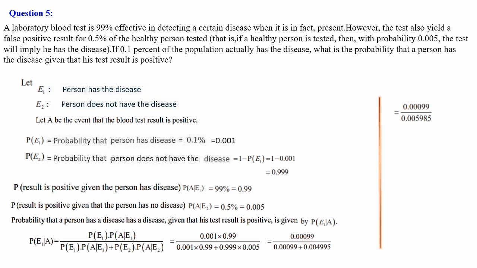That is equal to 0.00099 divided by, when you add these two, we will get 0.005985. Please do the calculation carefully on the right side of your notebook. Please do not copy. Denominator has 6 places after the decimal, numerator has 5 places. So 6 is bigger. Multiply numerator and denominator by 1 followed by 6 zeros so that the decimal portion is eliminated. It becomes 990 divided by